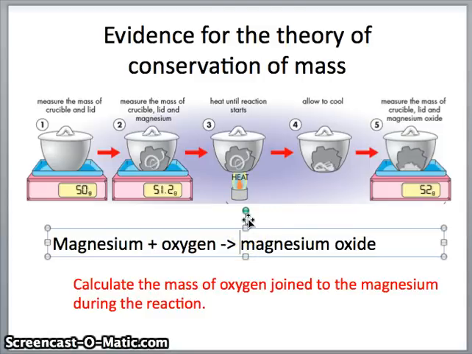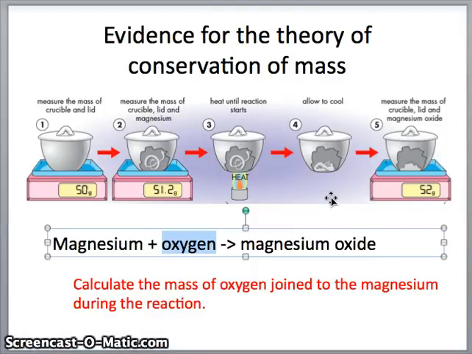But remember that we're also hoping that the magnesium will react with oxygen from the air, so we'll also need to open the lid carefully every few minutes during the experiment to make sure that our magnesium has enough oxygen to react with. So then once you've completely burned your magnesium and you see a white powder left in the bottom, magnesium oxide is a white powder, then you remove the crucible from the heat. We go to step 4, we allow it to cool. This can take a while. Crucibles stay pretty hot, and we'll do this demonstration in class, by the way,